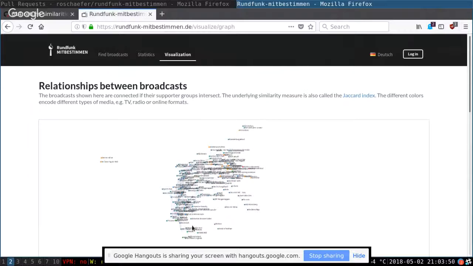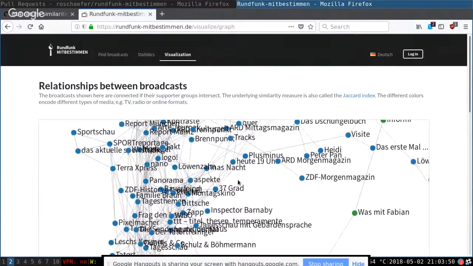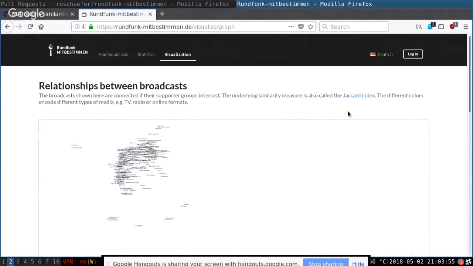That's the whole idea. So right now you can see all relationships, and maybe that's a little bit too much. There should be a kind of button here, switching between my broadcasts and all broadcasts. That would be the idea, right, Domenico?